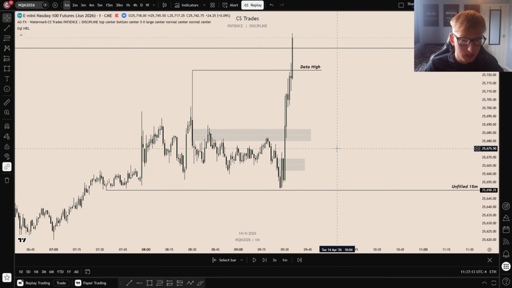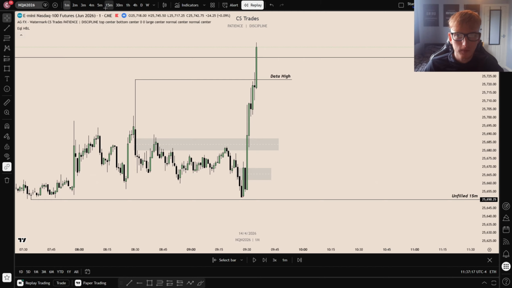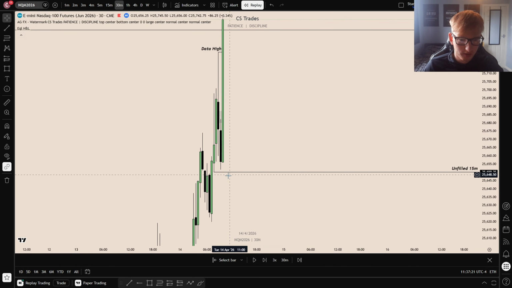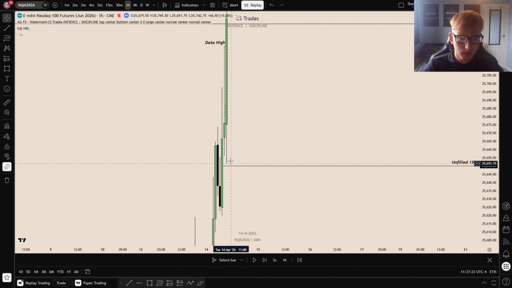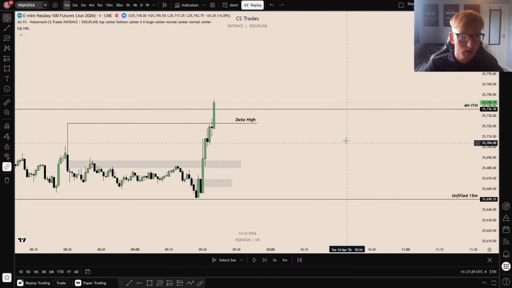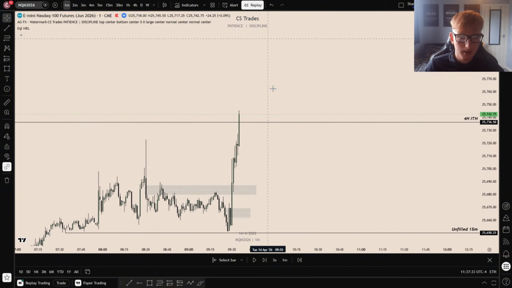Not a bad trade if you did take it. I just saw way too many reasons that it could potentially fail. We had, like I said, an unfilled 15-minute right below our stop loss, unfilled 30-minute right below our stop loss, and obviously we did tap out of the hourly, but the hourly was super small. So yeah, multiple reasons I did not like that 1-minute long. Which is absolutely fine. I didn't have the conviction, so I simply didn't take it.